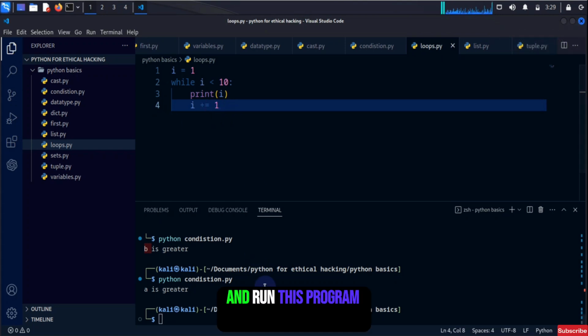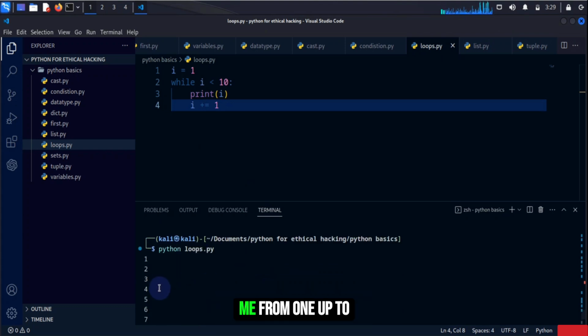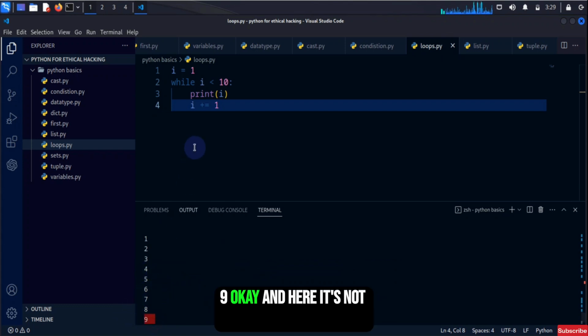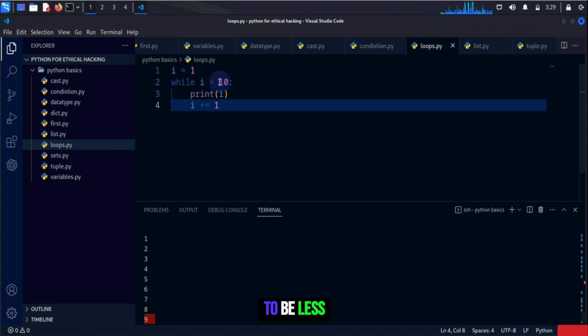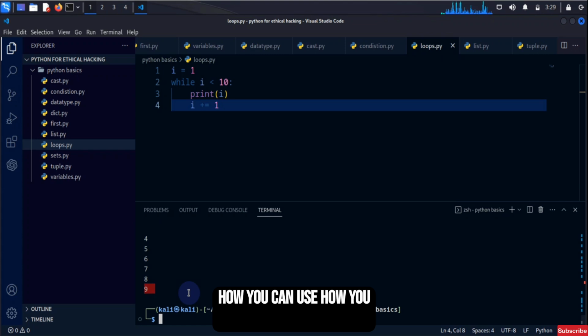Let's save it and run this program. Now you see it is giving me from 1 up to 9. Here it's not giving me 10 because I am telling the condition that it needs to be less than 10. If I use less or equal, then it will give me number 10 as well. So it is how you can use